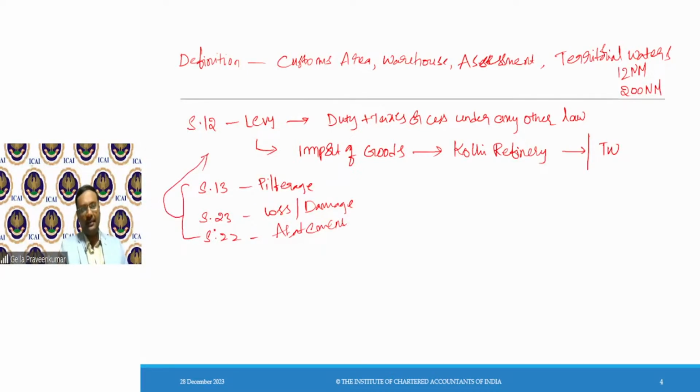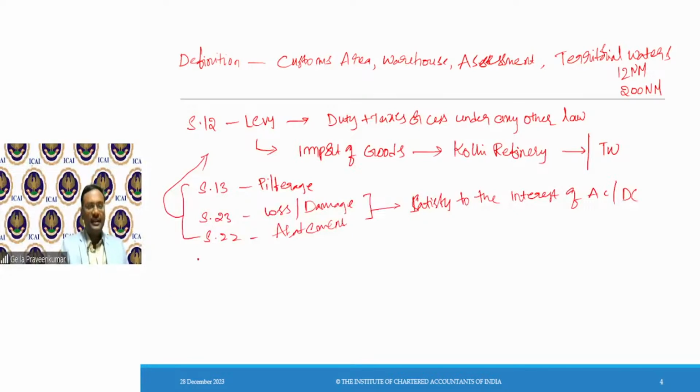Here, and in this process, I also have mentioned that for these two aspects, there should be proof, or the assessee has to satisfy the AC or DC that so and so damage or deterioration has not been caused by the intent of the assessee, which is beyond the control of the assessee.